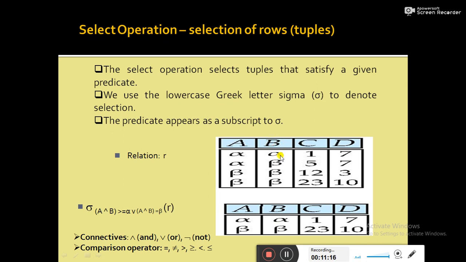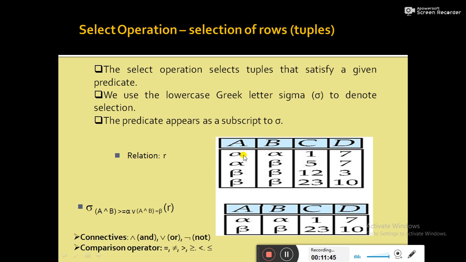Suppose this is the relation R. This is a schema. We have A, B, C, D, these four attributes, and these are the set of records or set of tuples stored in R. Suppose we need to fetch, or retrieve, or select only the records that satisfy a particular condition.